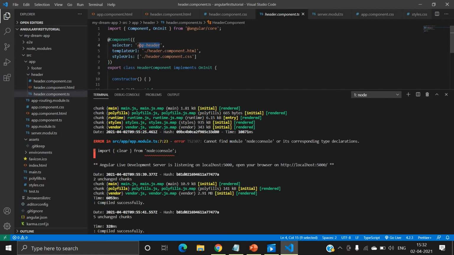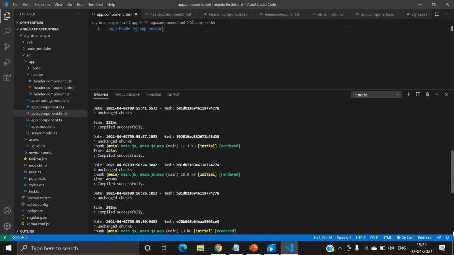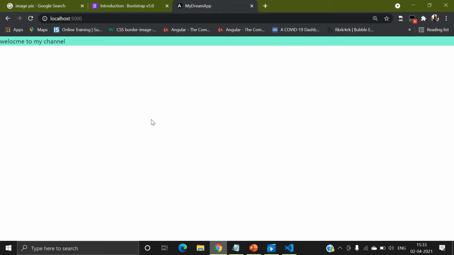Here you can see inside selector, this is a custom tag. I will use this custom tag inside my root file, app.component.html. I will use it inside this file, and also I will close this tag. Now again I will save, and now here you can see the output is here.